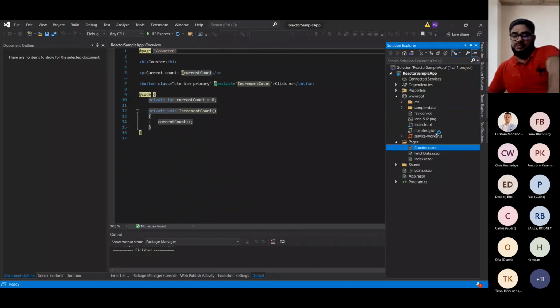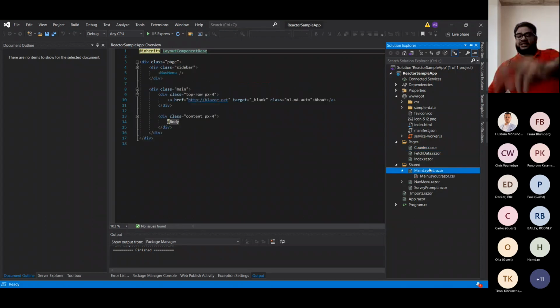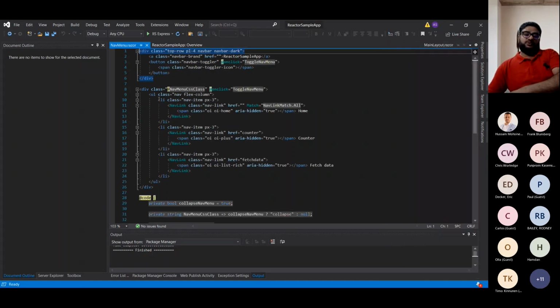This is the wwwroot where the browser will be hitting. And there are some shared options and Razor pages. This is the main layout. The layout, actually, each page is inheriting from the main layout. And we have the navigation menu. Okay, let's first go through this. This is the nav menu. I'll just run it for,